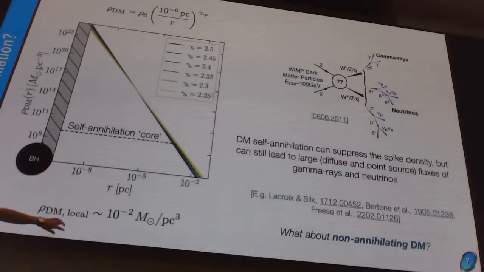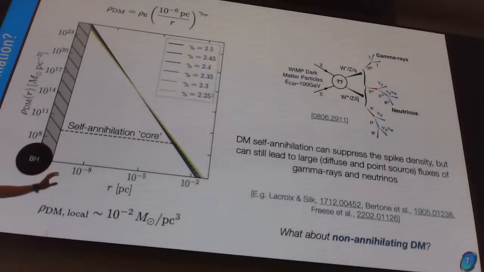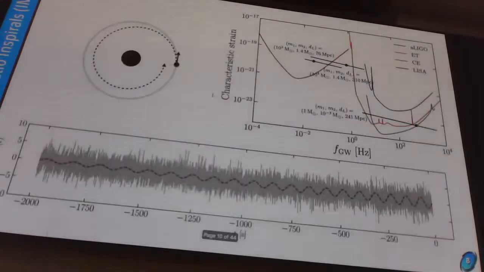Okay, so locally to us around the solar system, we have a dark matter density of about 10 to the minus 2 solar mass per cubic parsec. But in these spikes close to the center, close to the black hole, you can reach densities that are 20, 25 orders of magnitude larger than that. Okay. So we have this system of dense dark matter, and the question now is, how do you want to try and detect it? And the way that I'm interested, or the systems that I'm interested in looking at, are